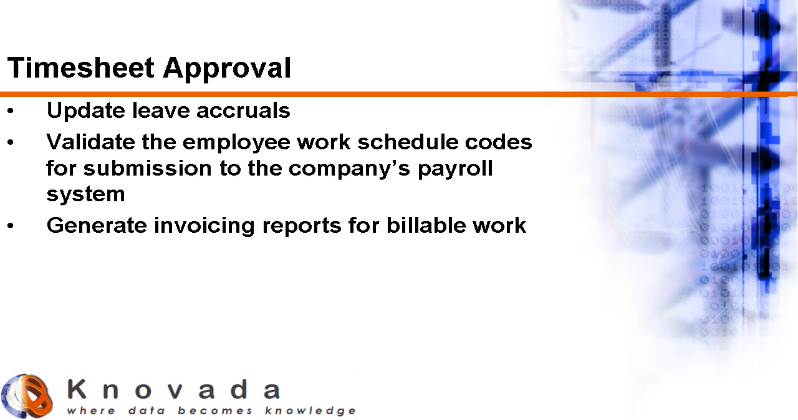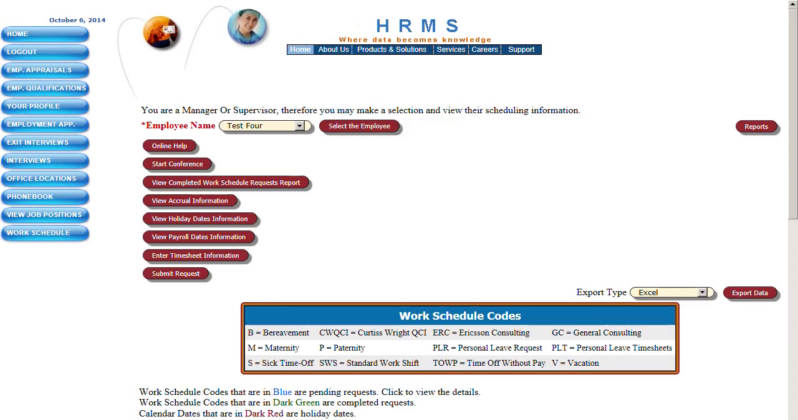The approval process will likewise validate the employee work schedule codes for submission to the payroll system. Additionally, if the system is configured, it can generate invoice reports for billable work. To start the process for timesheet approval by a supervisor, on or after the payroll period end date, the supervisor,